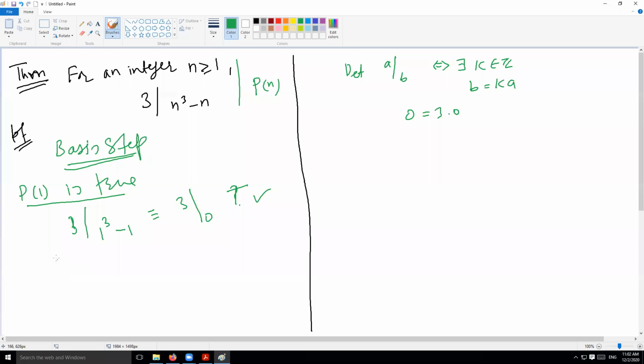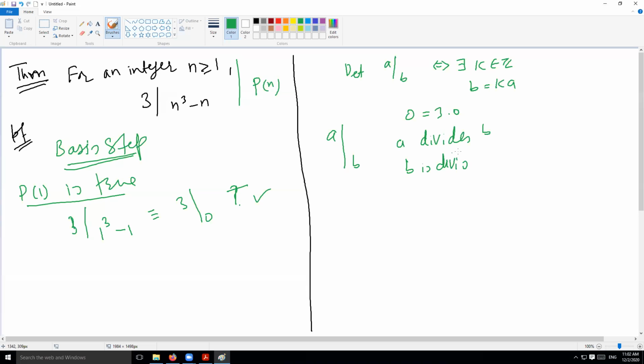Sir, please explain this a little: 3 divide by 0? This is not divide by 0. It is 3 divides 0. We talked about it in the whole last class: don't interpret this as A upon B. This is not A upon B. This means that A divides B. That's how you have to read it, or B is divisible by A. This is not 3 upon 0.